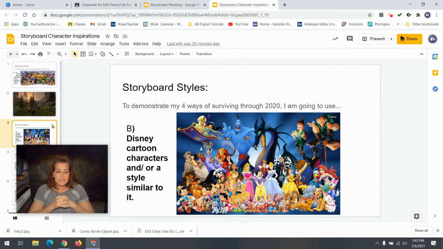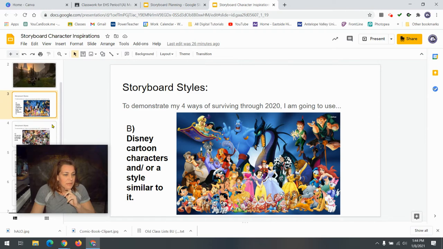A Disney character style. So to illustrate your story, perhaps you'll focus on a single character or a couple characters from Disney. Maybe you're going to use Mickey Mouse or Donald Duck. Maybe you're going to use a character from any one of your favorite stories. So that is option letter B.